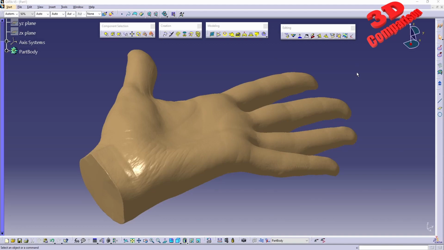CATIA V5 Shape Sculptor. We're going to continue with the editing tools, and we have over here delete triangles. So if I press Shift F1, we're going to see that this will select triangles to delete with the component selection. The only functionality of this is that it is similar to the delete button. As we can see, if I click on delete, nothing will happen, since we initially need to have a